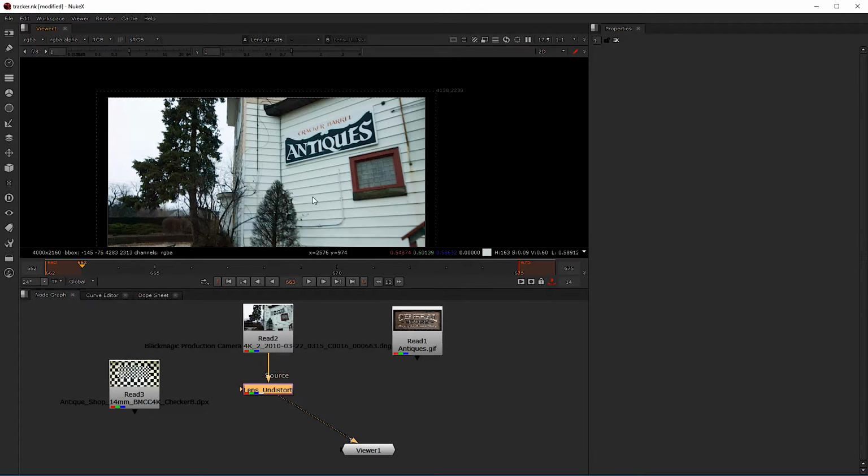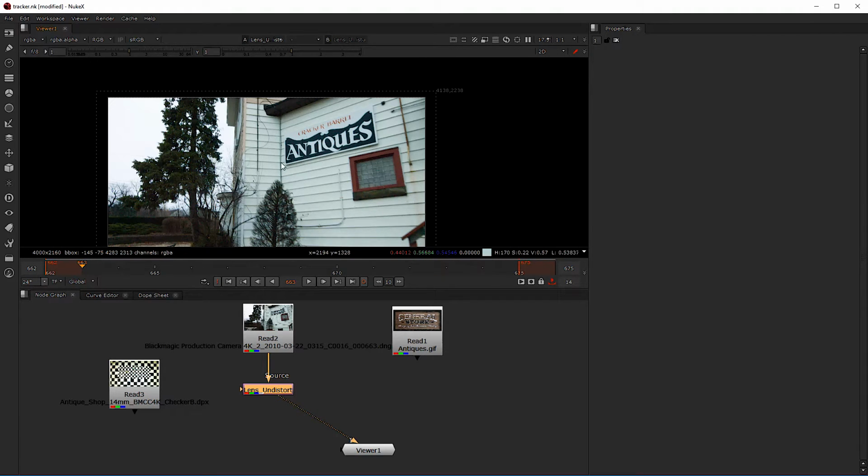Alright, so in this lesson we're going to talk about how to use planar tracking. Planar tracking is commonly used for a lot of cleanup work and is the most commonly used tool for incorporating some sort of 2D element into your shot. It is the preferred method because it requires the use of what's called a grid warp or a warp sort